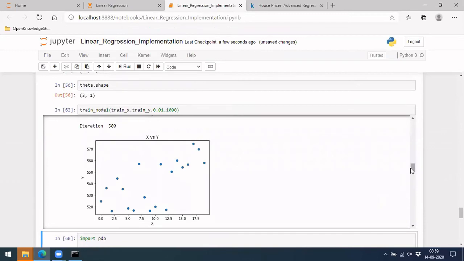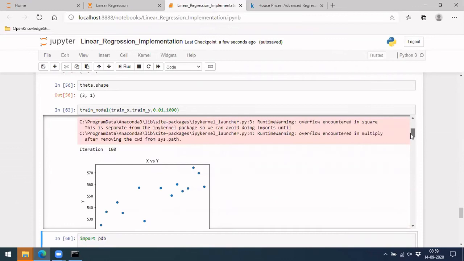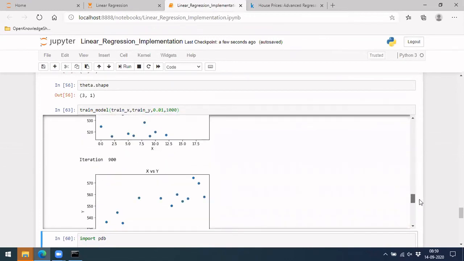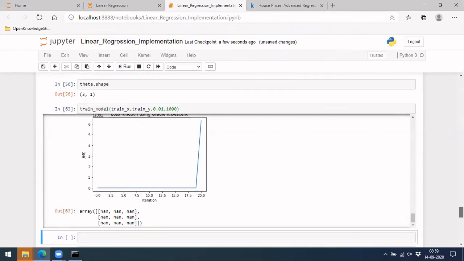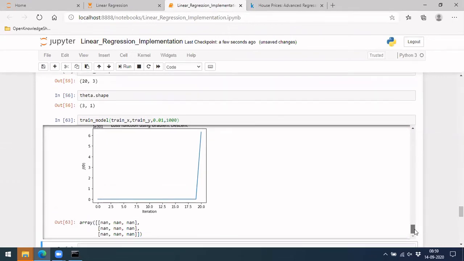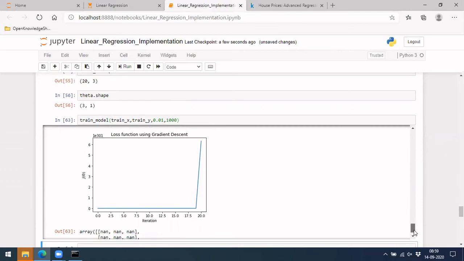Okay, this time you can see a slightly better scatter plot here, but this doesn't contain our output because we defined that function only to plot between x1 and y. But you can see the loss function is also not doing well. The loss function is completely doing the opposite, so there is an issue with this code.